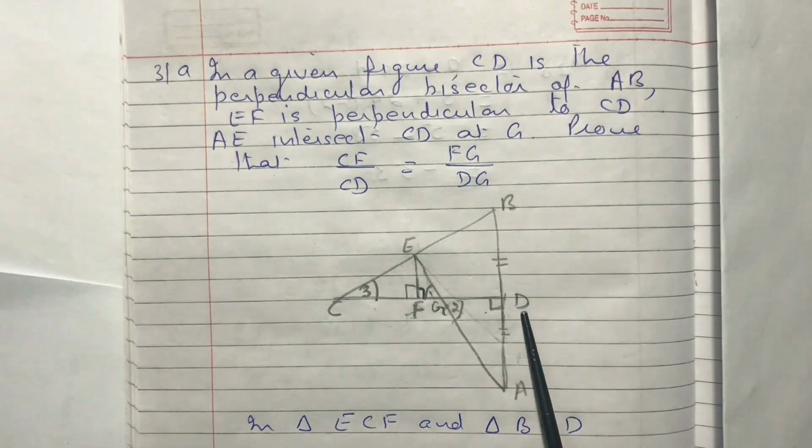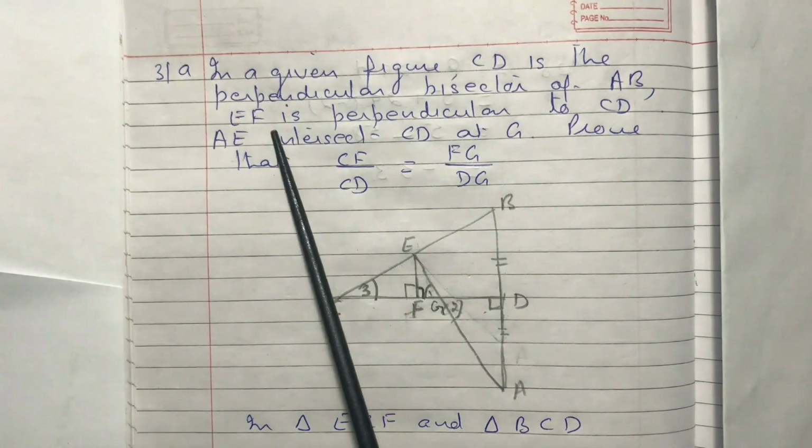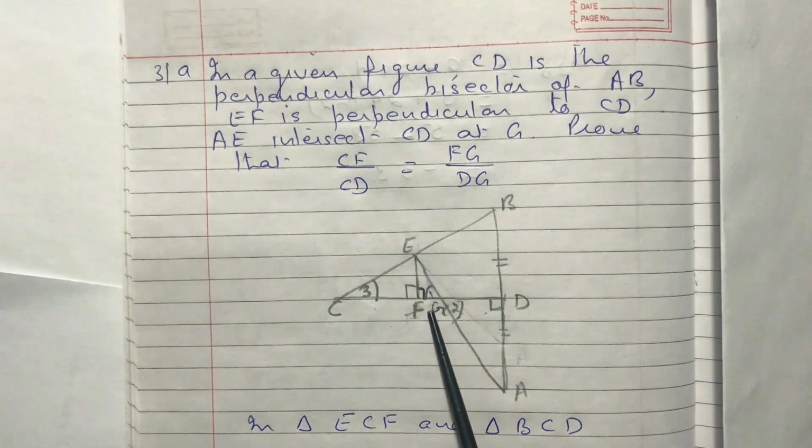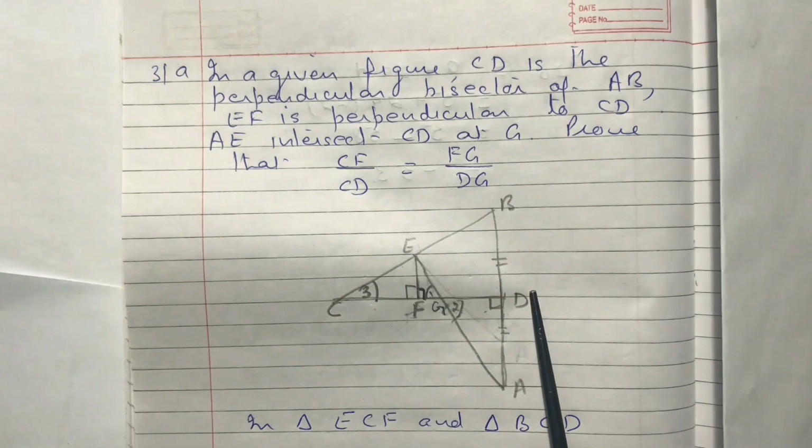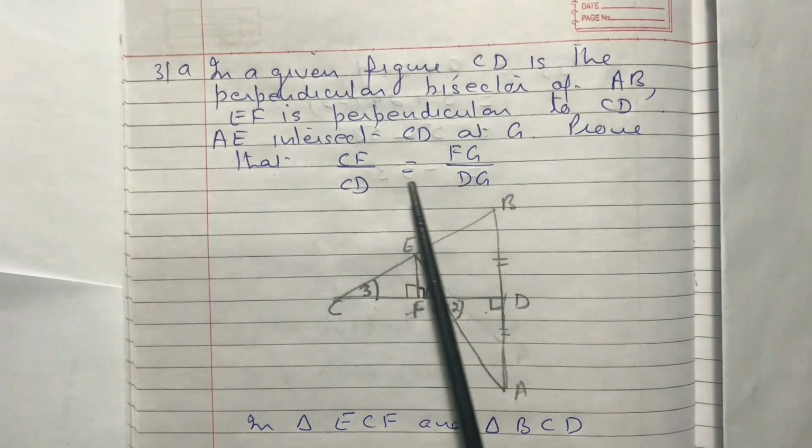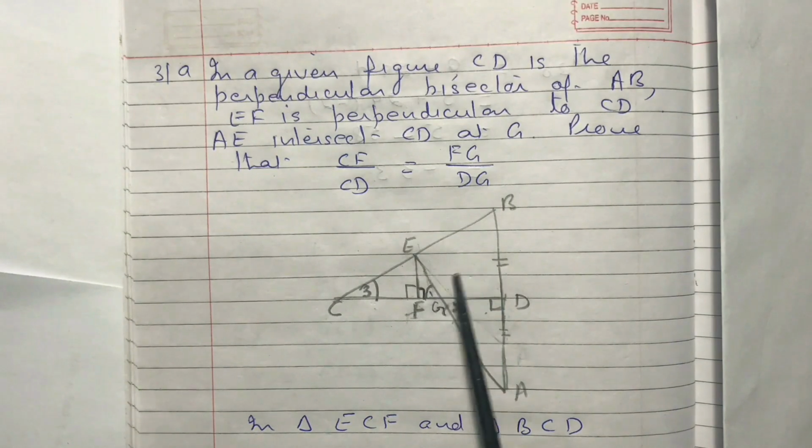It means BD is equal to DA. Second, EF is perpendicular to CD. This EF is perpendicular on this CD, and we are to prove this. In order to prove this, first what we are going to do,